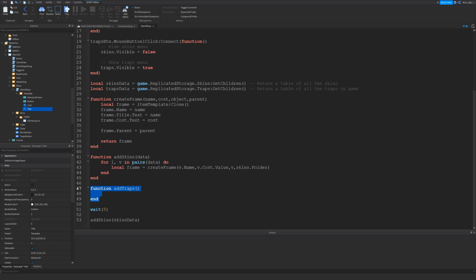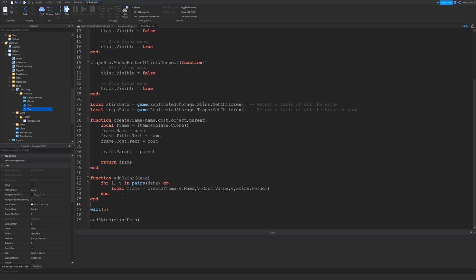In fact, for now, I'm going to remove the add traps function because we're just going to be working with the skins for now. So the next thing we need to do is set up the event for when you click the button in the frame. So frame.button.MouseButton1Click:Connect function. So when the button gets clicked, any code inside of here is going to run, and we need to call